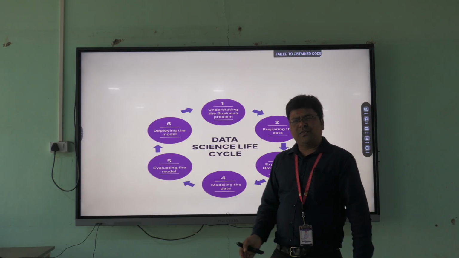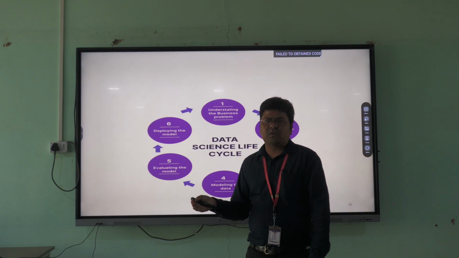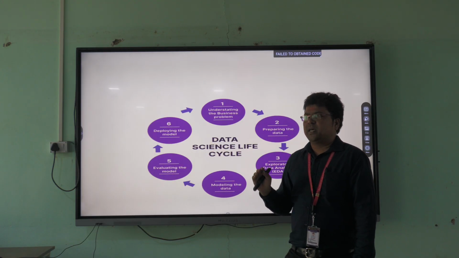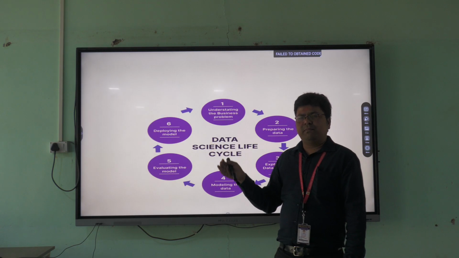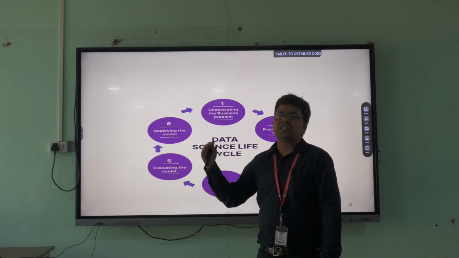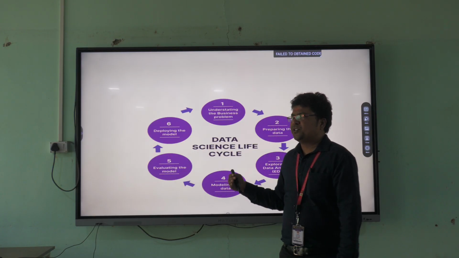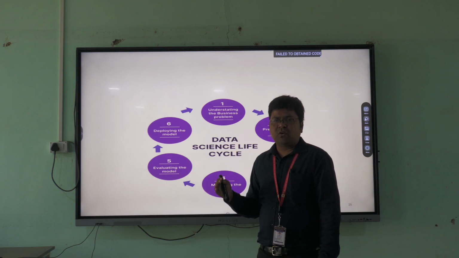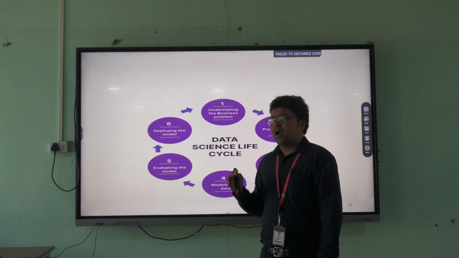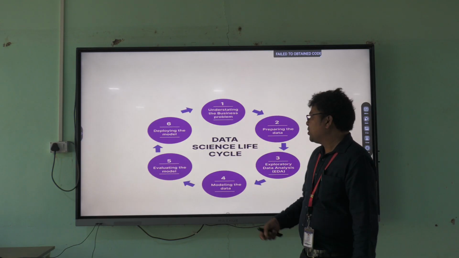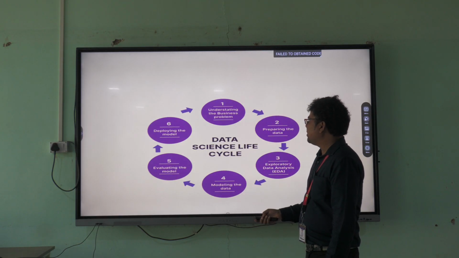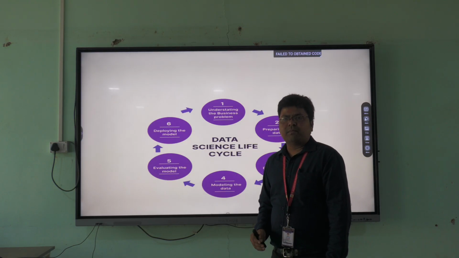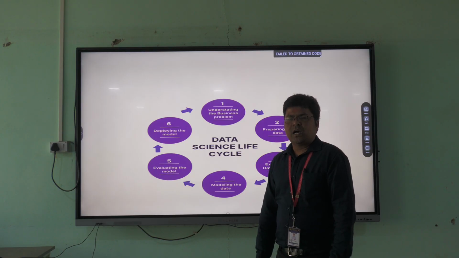If it is a classification model, we use different kinds of machine learning models, as we studied in the data science project on medical imaging. In medical imaging, we use images and classification models, whereas in regression the data is in the form of CSV or Excel files, and we use regression models. So this is the life cycle of a data science project. Today we have studied what data science is and what the roles of